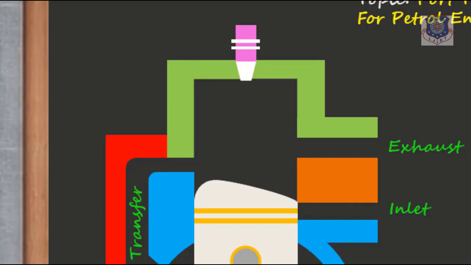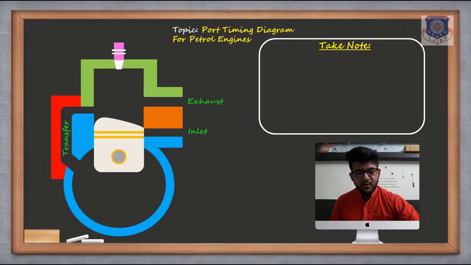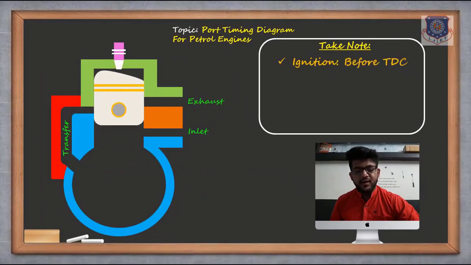So let's see again. When the piston is moving from BDC to TDC, see the spark is done and it has reached. Again the piston moves, spark done, and it reached. So we can simply say that ignition is done before TDC. Clear? So it was actually the first step and it was the hardest step. So now we have done ignition, but we will not start from here. We will now start our port timing diagram from here.